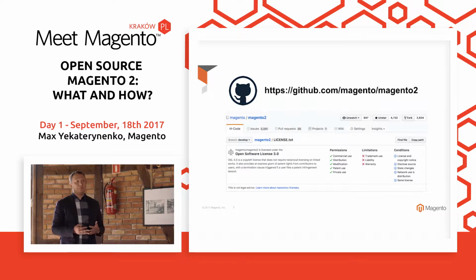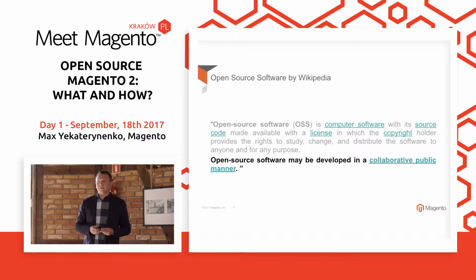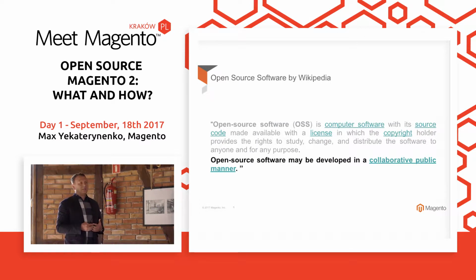But if you go into GitHub and open the license text, you're going to see it's OSL version 3, which basically gives you rights, as mentioned, to commercial use, distribution, etc. It disclaims any liability and any guarantee, and also you cannot reuse our branding for your purposes. So basically, it's open source, right? It's easy. But